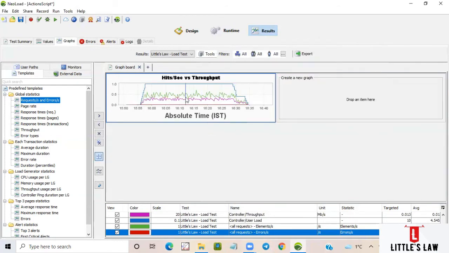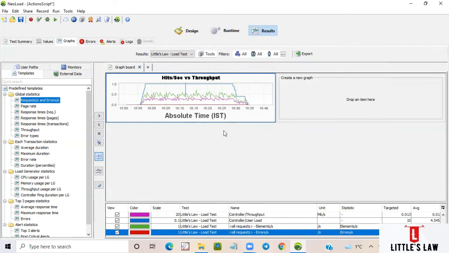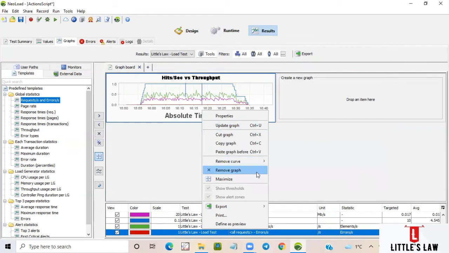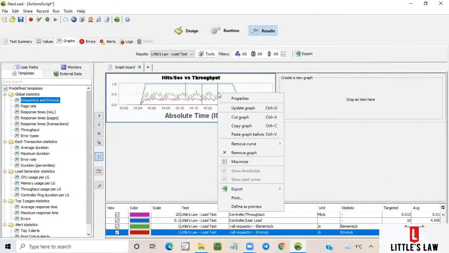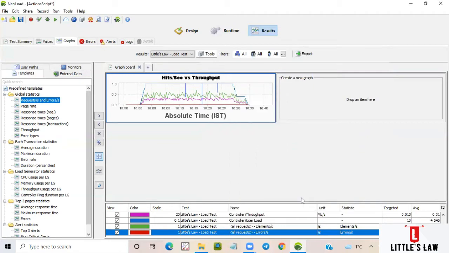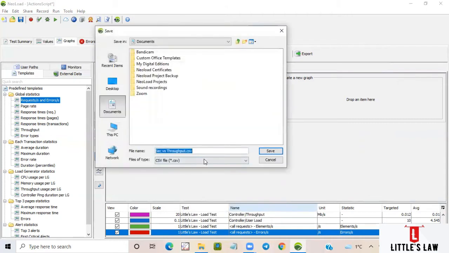And if you want to export it, there are options to do that. You can copy the graph and paste it, or else you can click on export. If you want to export it as an image, you can click export as image, and save it as a PNG or JPEG file, in whatever format you want. In case you want to copy the image into the clipboard, you can click copy image in clipboard and paste it wherever it's required. Or else if you want to export the data in a CSV file format, we can do that. Let me show you that.